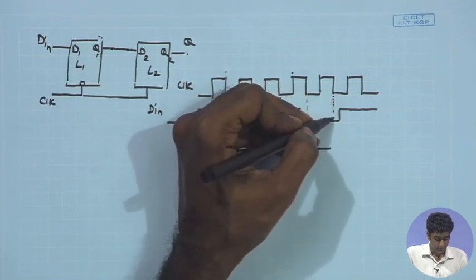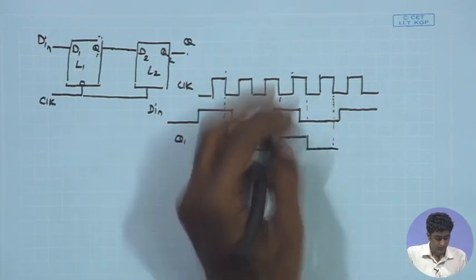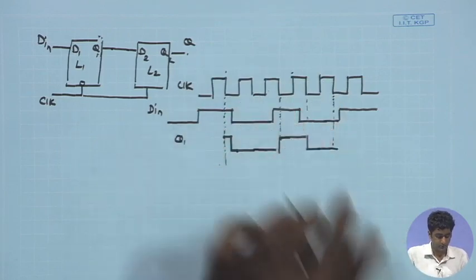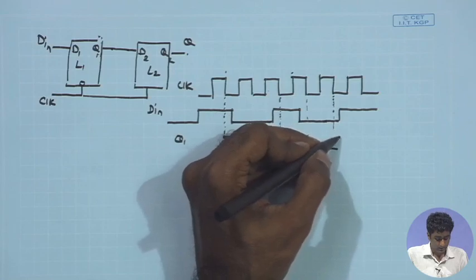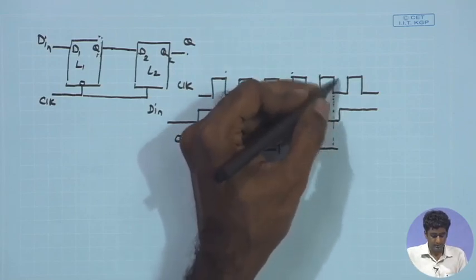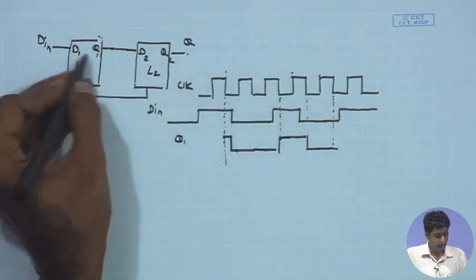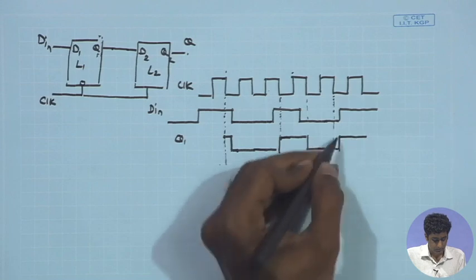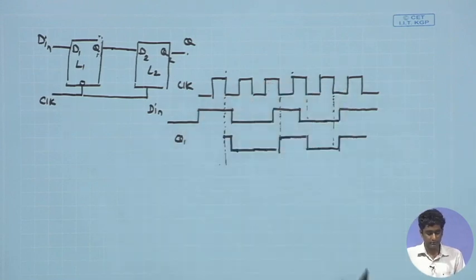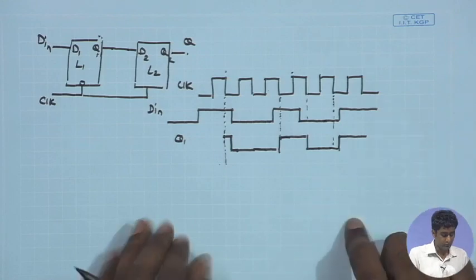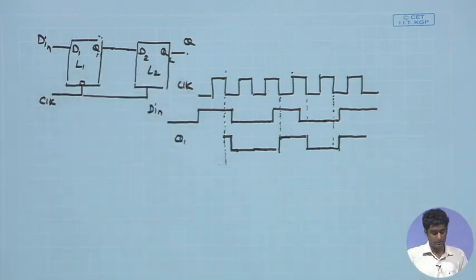As we see, when the clock goes again low, once again the data till this point is 0, therefore, it will remain 0. But the moment the data D in goes high during this negative phase of the clock, the Q1 will be copying that, and therefore, it will be making a transition, and once again in the negative phase it will be retaining the data. So, this is the overall waveform, and of course, we can see that it is not edge sensitive,